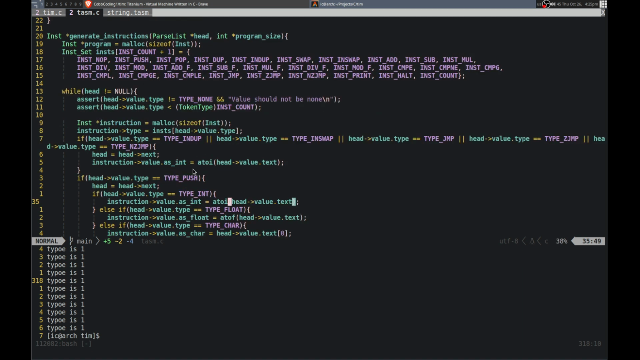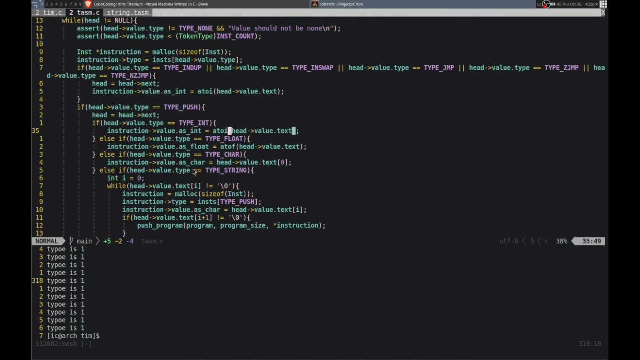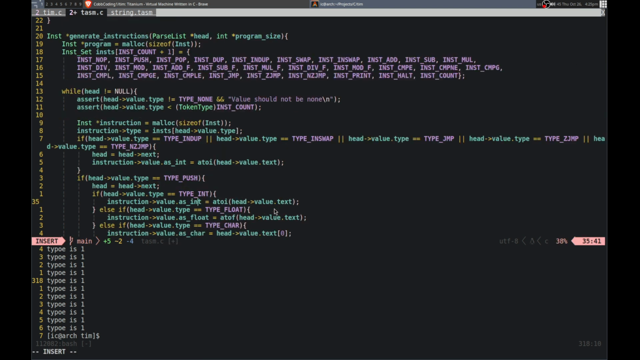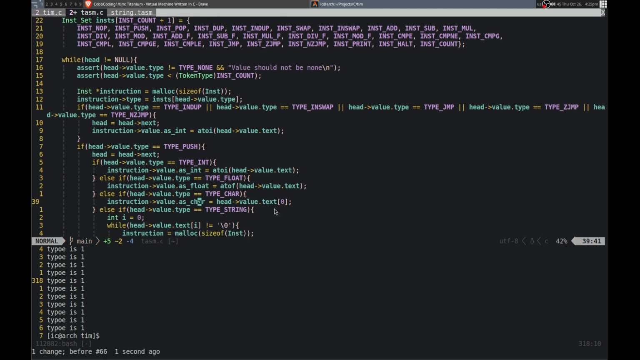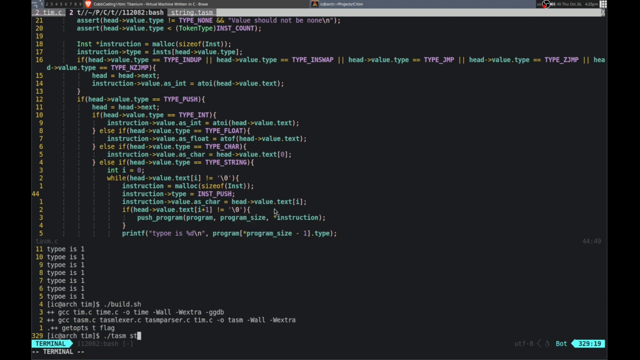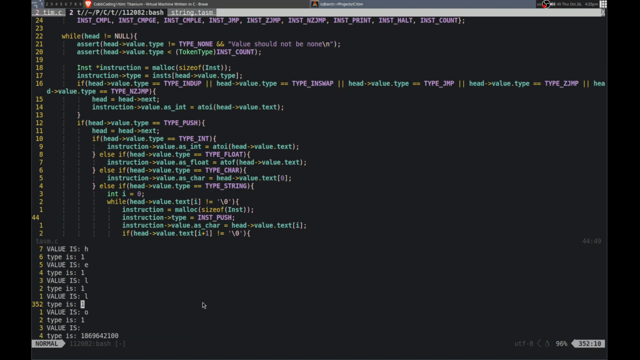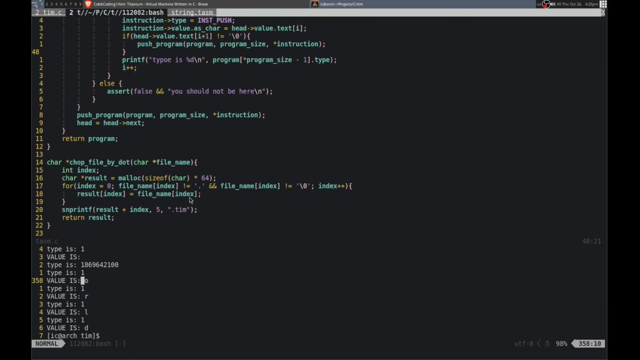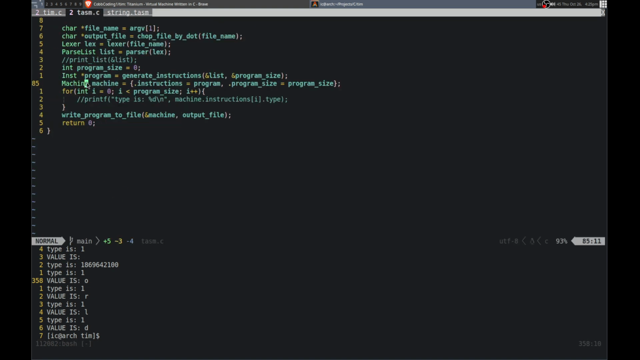Construction. Paid value, sorry. Let's see. If I set this directly to be inst push. Yeah, it still doesn't work. So where is that happening? So it's somewhere down here. So after this,